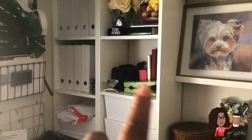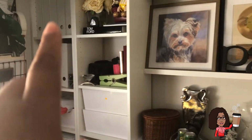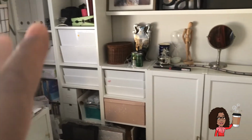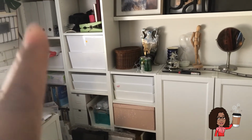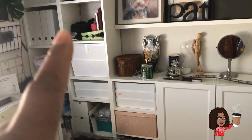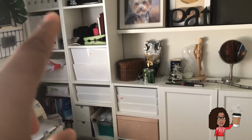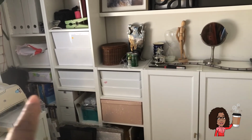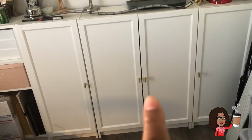But here, what I decide I want to do is put 2 doors here. 2 of the Augsburg doors, glass fronts, not all the way down, but glass up here and solids at the bottom like this. All the way across, but glass here. These 2 I added the other day,